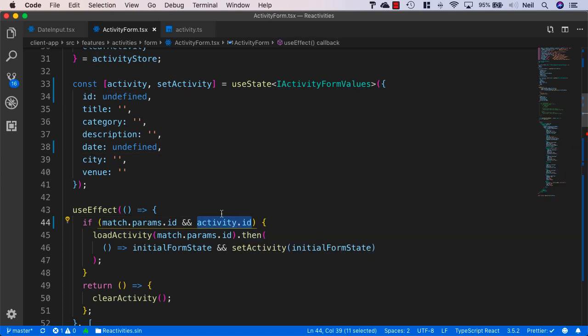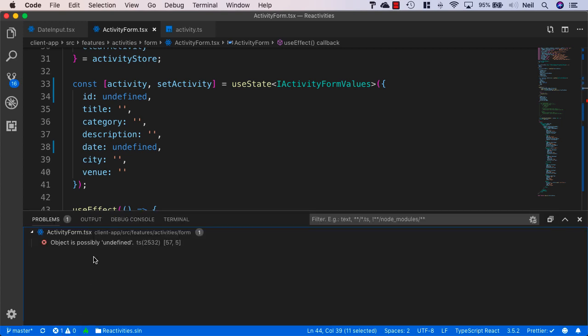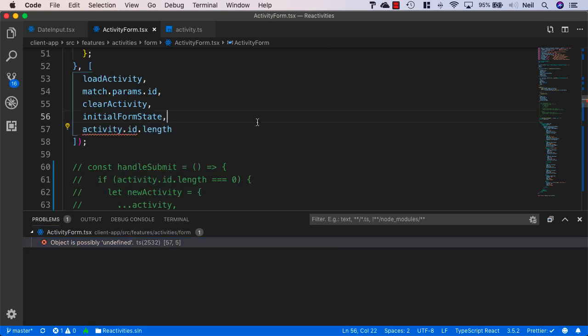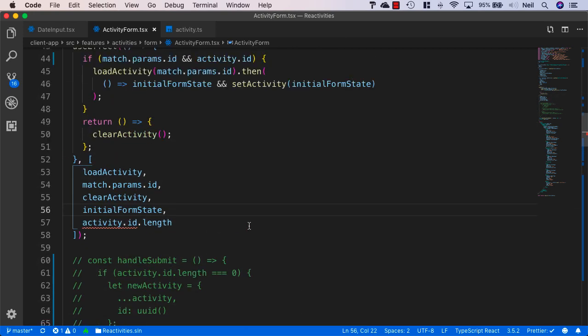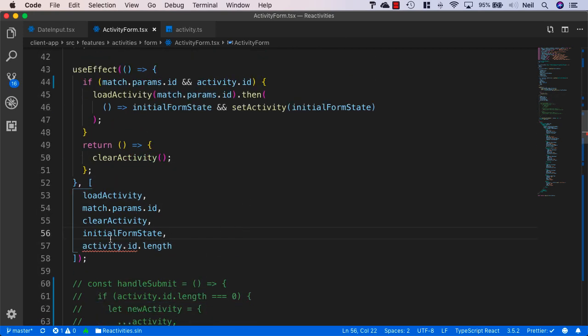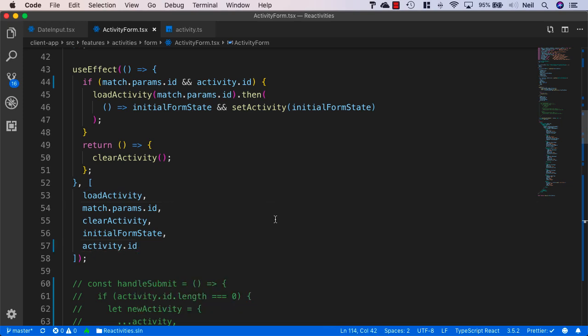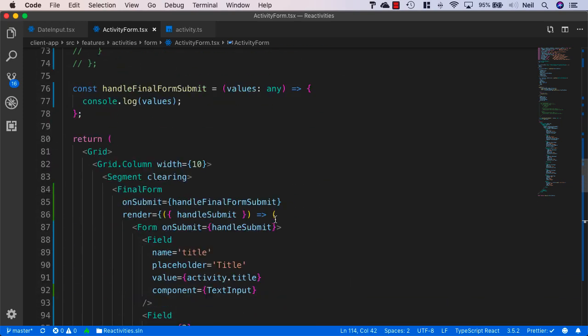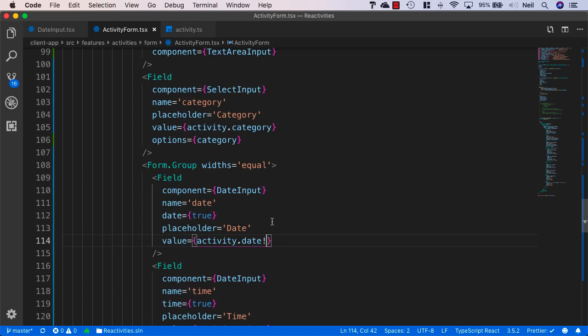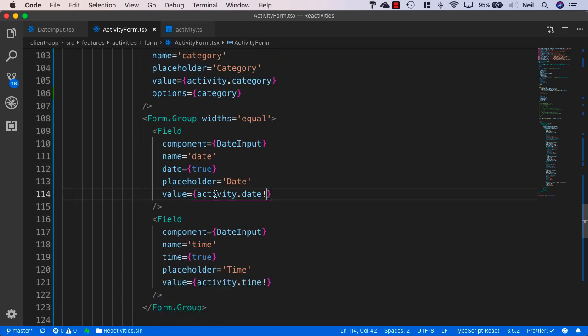is not undefined. And then I've still got another error, and this is on line 57, so let's go and take a look at this. And this is in the dependencies for the use effect that we're using here, so I can also remove the length from this property as well. And making this change means that we can now go down to where we're specifying our activities.date, and because